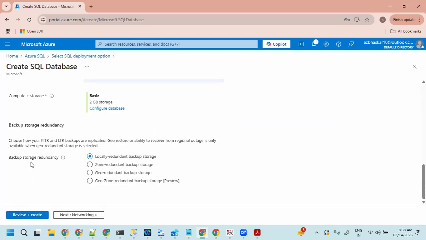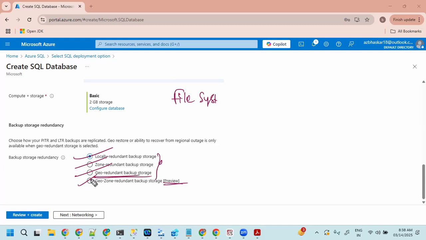And redundancy, we already talked about it. The way the redundancy happens for file systems, in the same way it happens here also. We have LRS, ZRS, GRS, and geo zone redundant. Okay, so geo zone redundant is also there under preview, but these are there, and we used geo redundant backup storage.